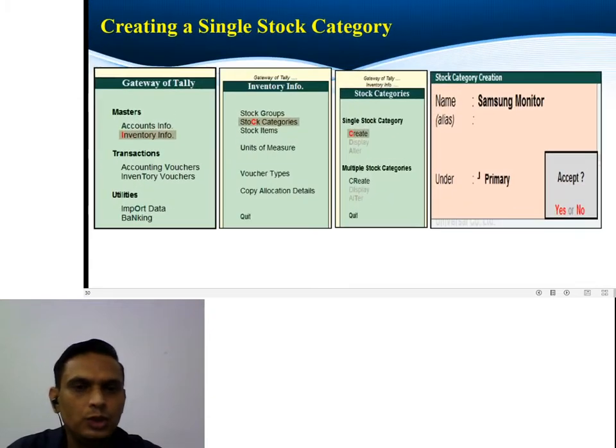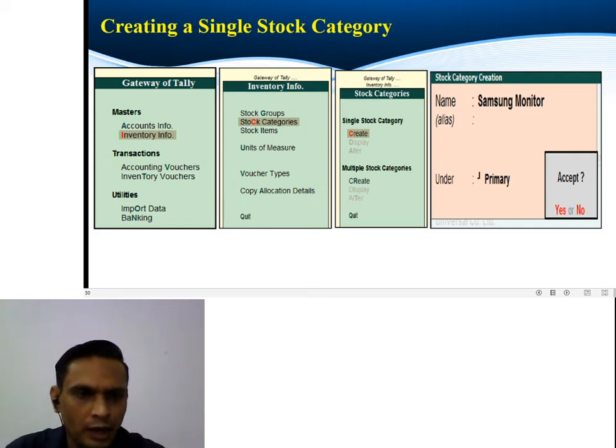These are the windows which are displayed when we create a single stock category: Gateway of Tally, inventory info, click on stock category, click on the create option, and the stock category creation screen will be displayed.